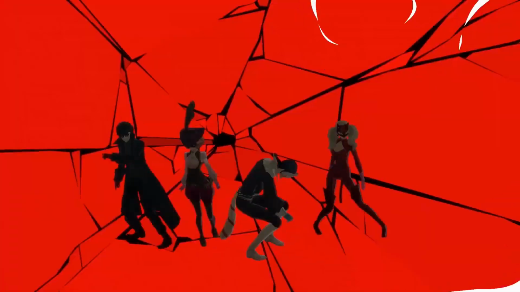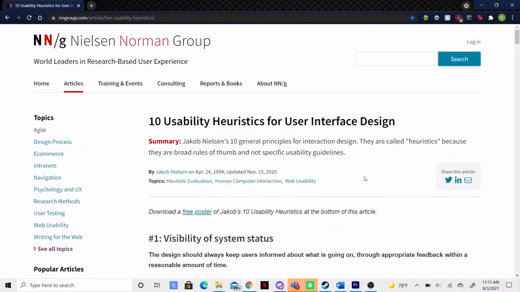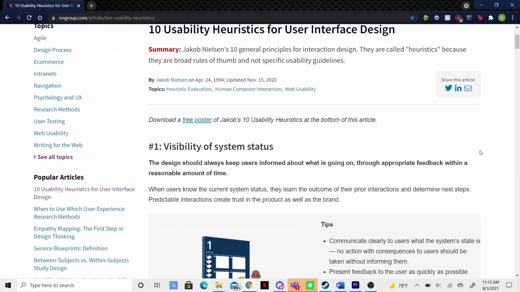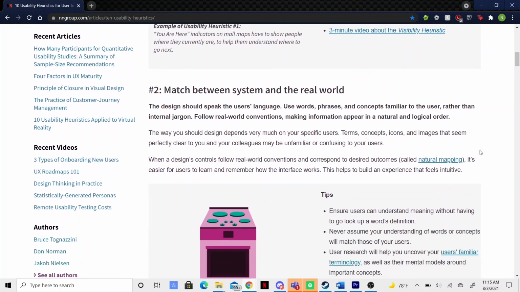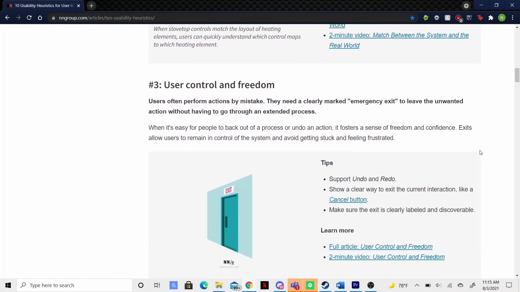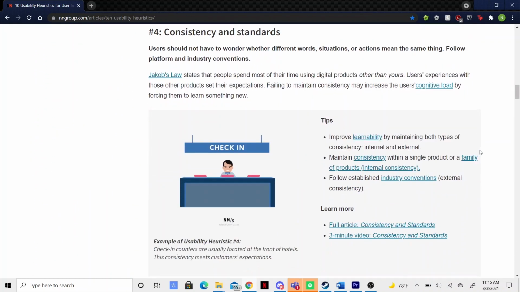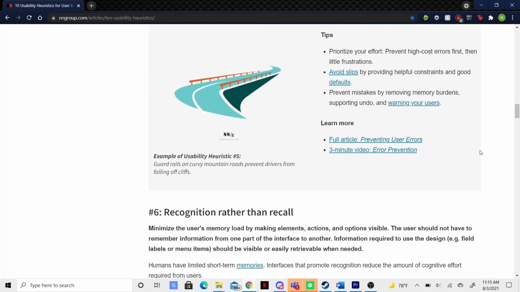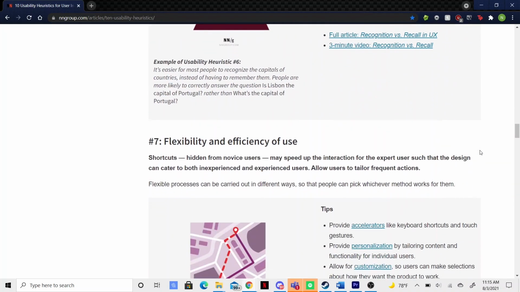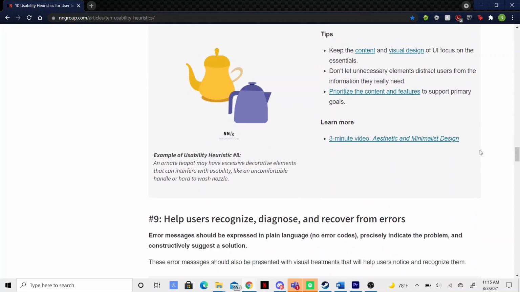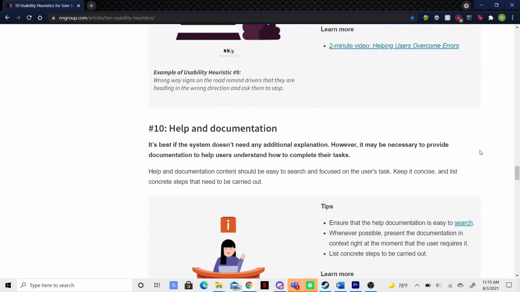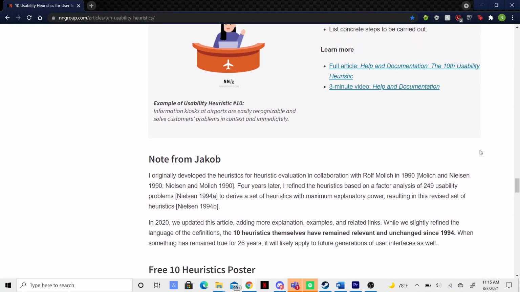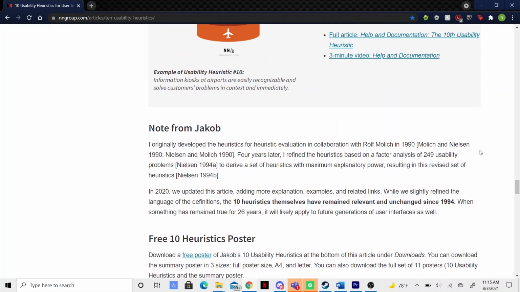A usability expert by the name of Jakob Nielsen created 10 usability heuristics for designers to follow. These are primarily used when designing apps, websites, and other pieces of technology, but can be used when analyzing games as well. They're basically rules of thumb for designers to follow when designing and looking out for things when testing